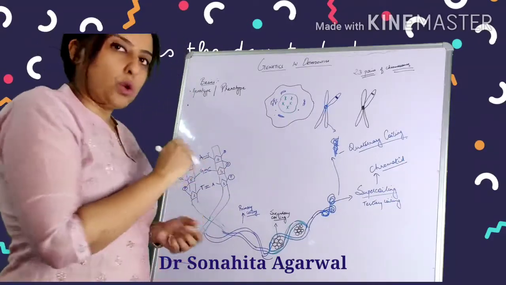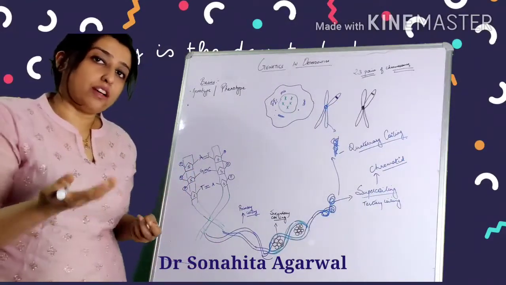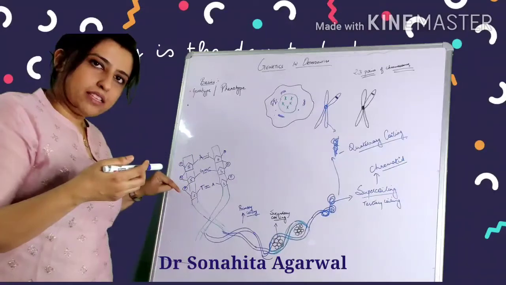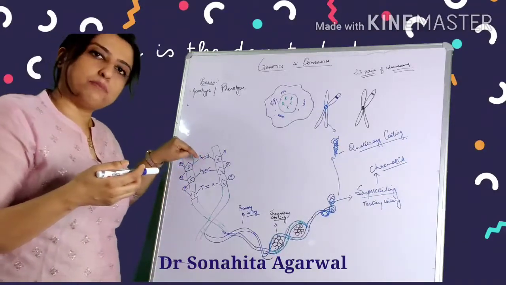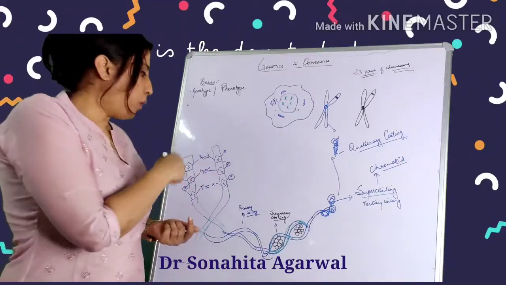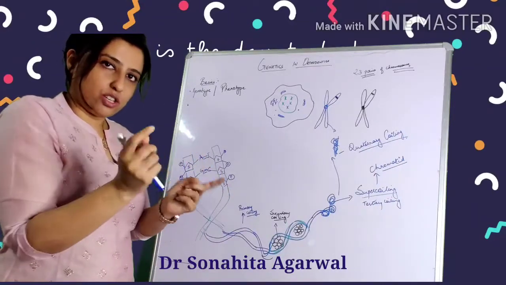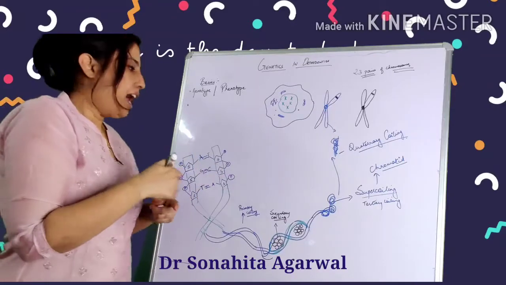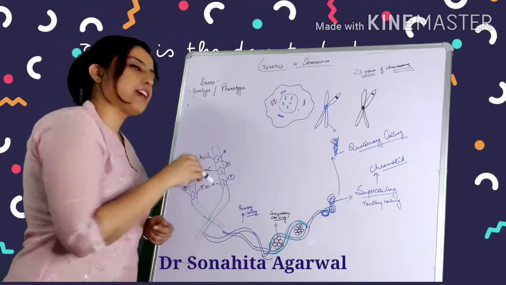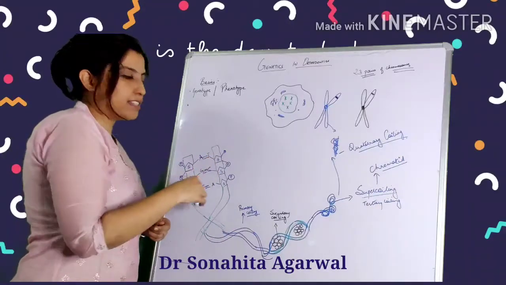So you know, DNA is a molecule that consists of a phosphate group, a backbone of sugar, and then you have nitrogenous bases, right? There are 4 of them in DNA: adenine, thymine, guanine and cytosine. There are 2 strands intercoiled around each other. That is the Watson-Crick model. And adenine and thymine are bound by 2 hydrogen bonds, whereas guanine and cytosine are bound with 3 hydrogen bonds. So this whole structure is the DNA structure.